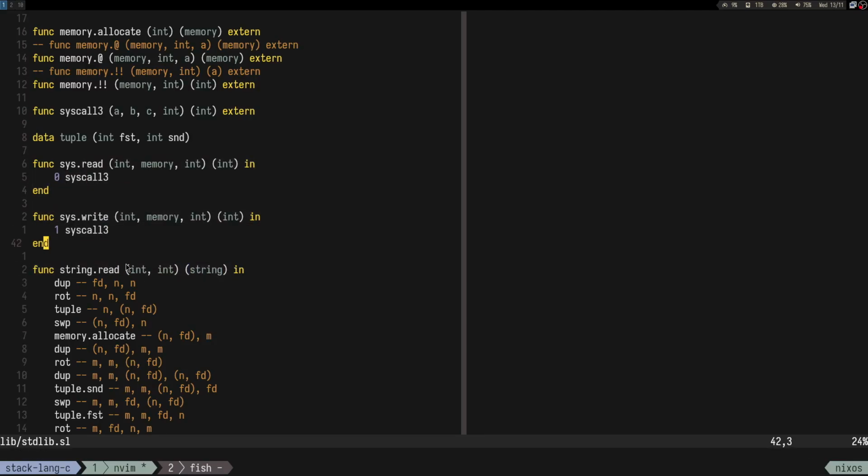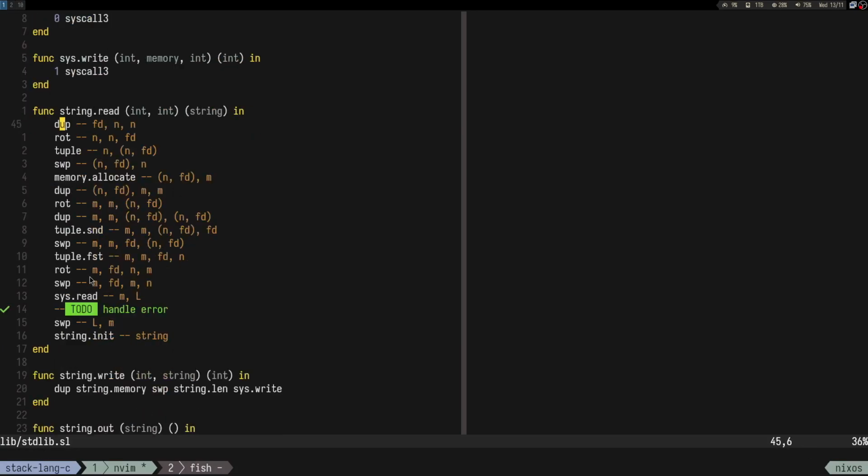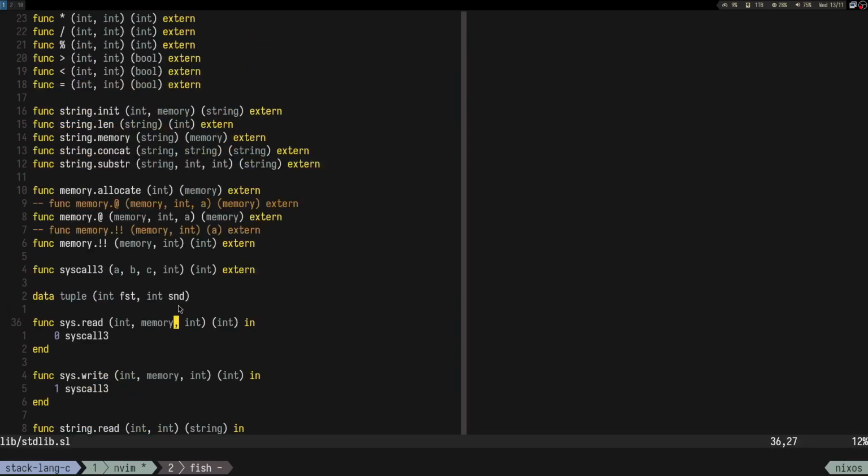So we can do anything in this language, right? So that's the plan. Maybe next time we can actually start implementing the language in itself,